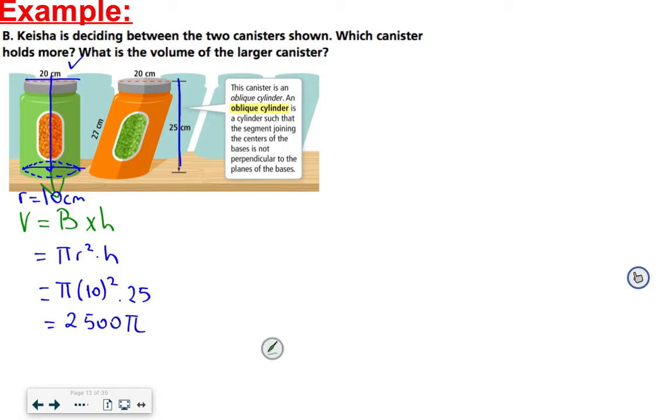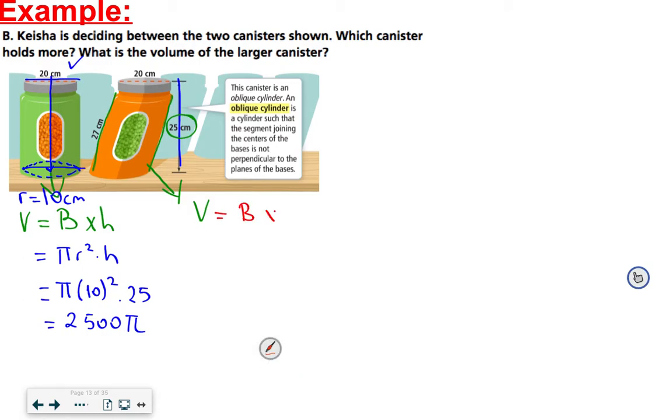How? Ladies and gentlemen, first of all, we know that the height is 25 centimeters. The height is 25 centimeters, not 27. So this is the reason, when you calculate this, you have to make sure that you are getting the correct height, not 27. Be careful. To be able to find the volume of this figure,